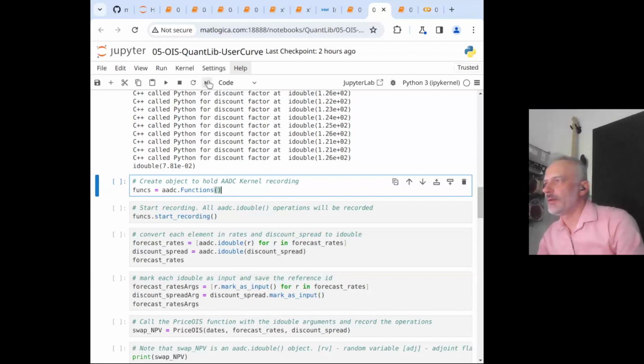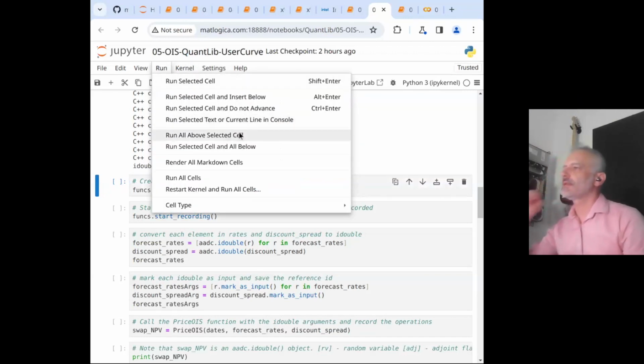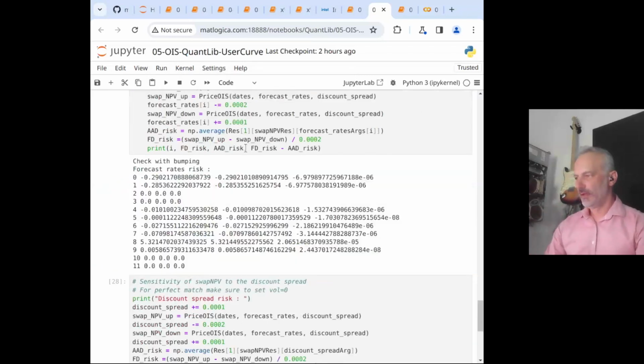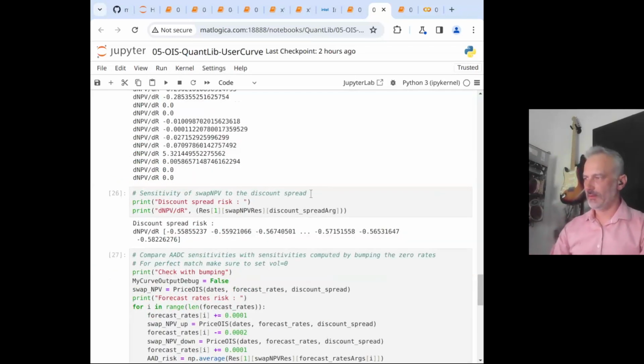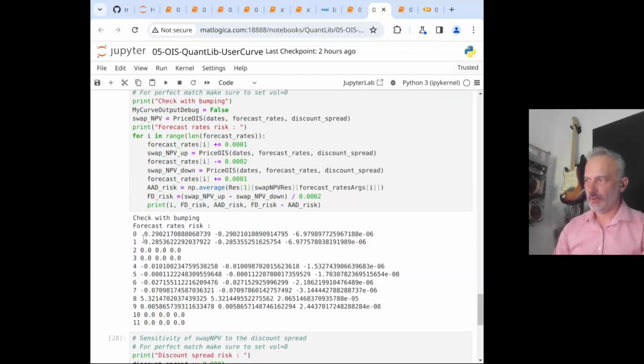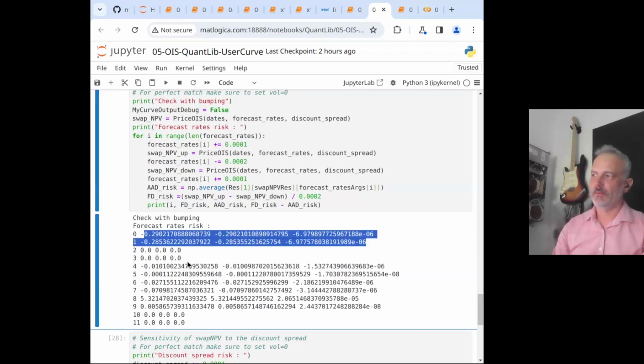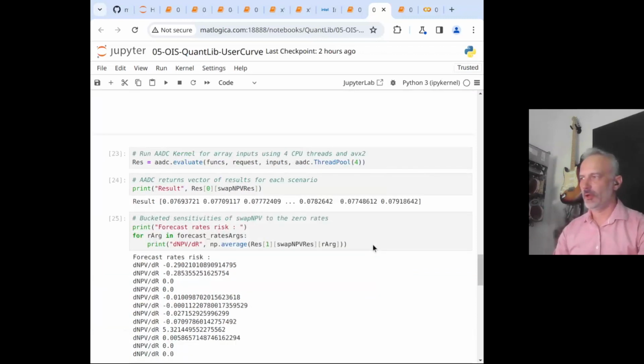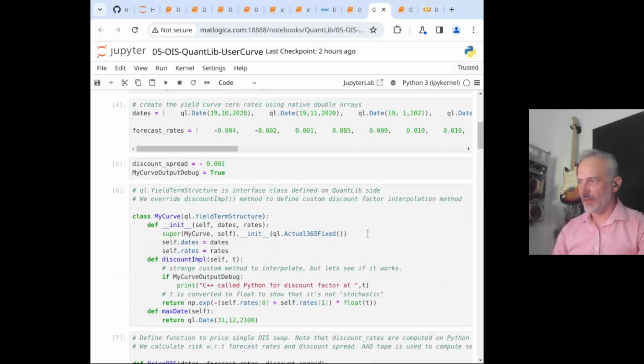And this time I'm going to run all the kernel cells, the second cell and below. So I'm running all the cells, similar to what it was before. And we now see additional risk with respect to the first two buckets, right? Something we didn't see before. Why do we see this risk now?